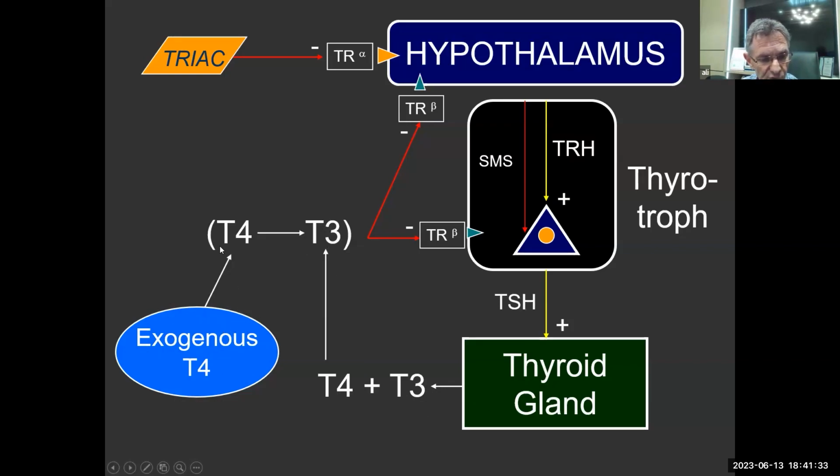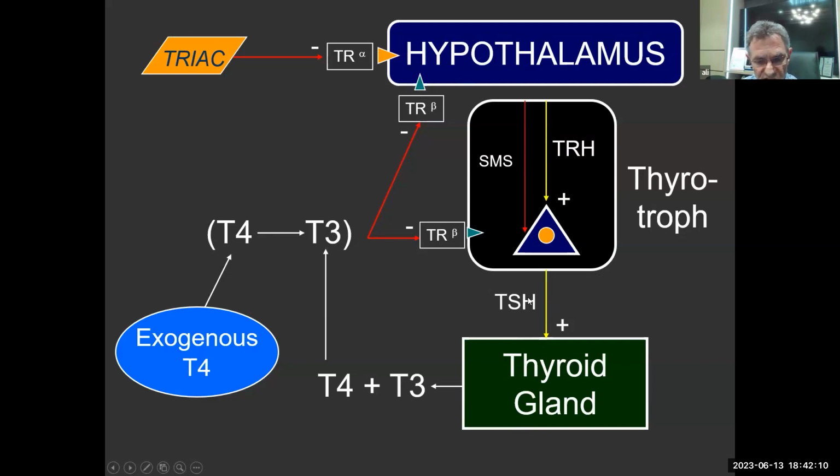So if you give T4, the body will convert the T4 to T3, and this in turn will then feed back on the hypothalamus and pituitary via the thyroid hormone receptor, the beta receptor, and thereby regulate TSH secretion. So the pituitary TSH, the thyrotroph, will determine how much TSH to secrete to allow the thyroid hormone to function and secrete thyroid hormone. Now, why I've put this slide up is just to remind you that there are other